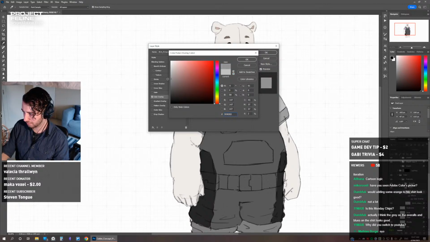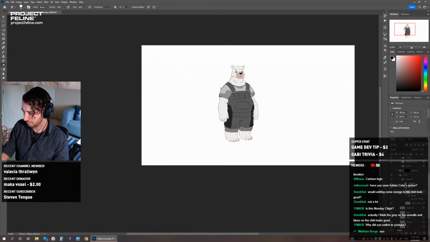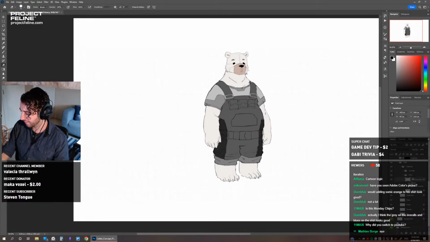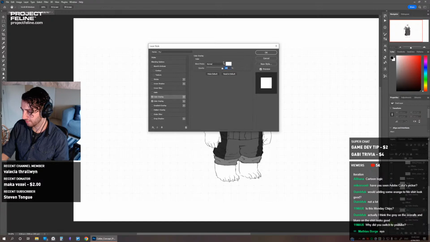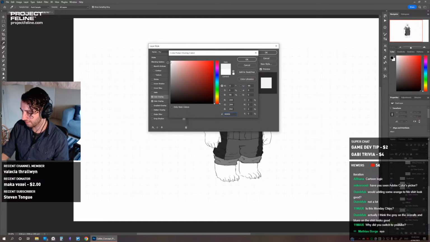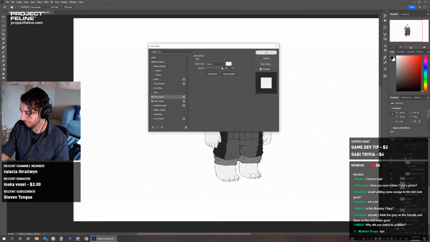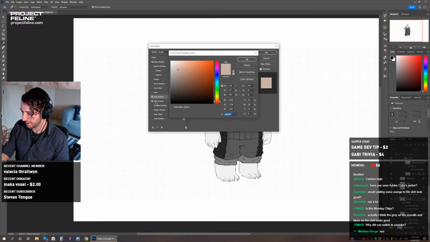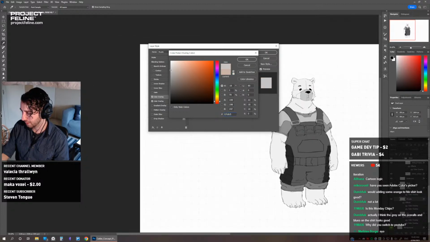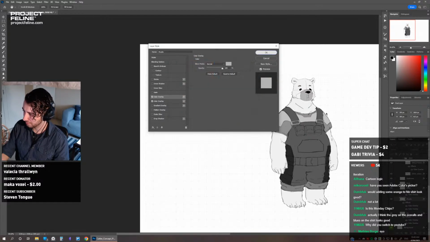All right. And for the moment, I'll make the fur black and white too, so it all looks kind of matching. So we'll make the fur value just a little off-white. Yeah, we'll make it like that color. And that's the cool thing about these adjustment layers, is that I can stack them. So if I want to keep a color, I can just keep it there, and then I can pick a value for the new one. So I might pick that color.